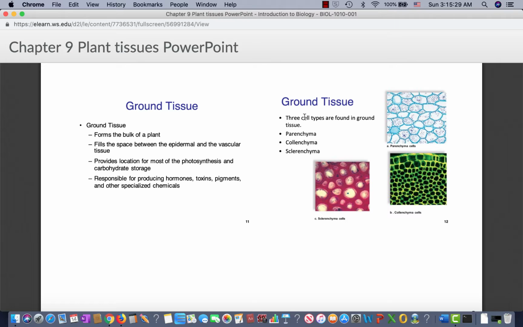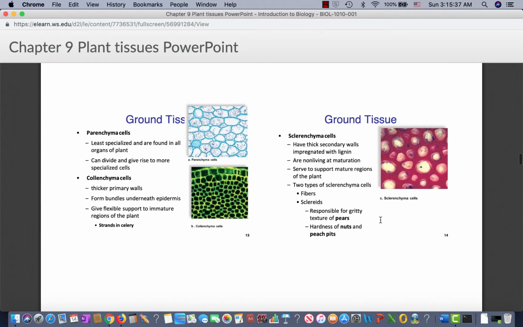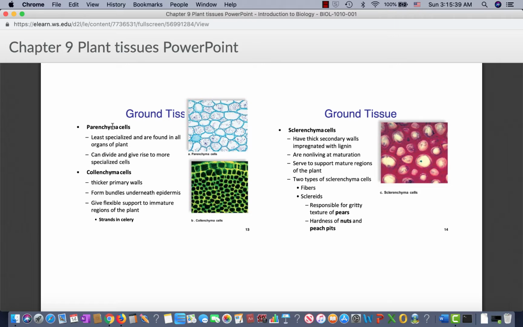Ground tissue, you've got 3 different types. So you've got parenchyma, collenchyma, and sclerenchyma. And we'll talk a little bit more about the difference between them here. So parenchyma is the least specialized, and you find it basically everywhere. It can divide to produce more specialized cells. They're not quite stem cells, but kind of in that same vein. Collenchyma is a thicker walled